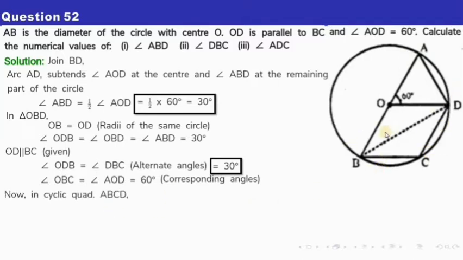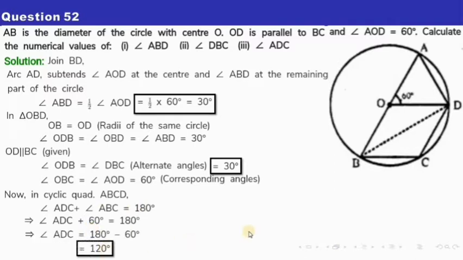All right, now in a cyclic quadrilateral, the sum of this and the opposite one, that is ADC, that is this angle, will be 180 degree. All right, and we know what ABC is. ABC is also known as OBC, right? Angle ABC is also known as OBC, and we know that ABC will be equal to how much? 60 degree, right? So instead of ABC, I have written 60, and from here ADC turns out to be 120 degree. All right, so pause the video to note down.